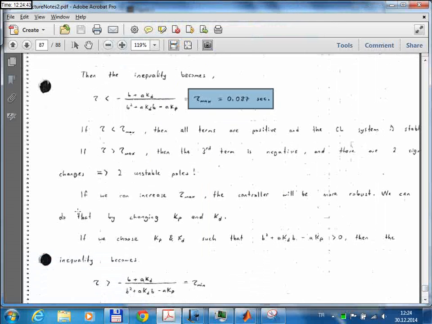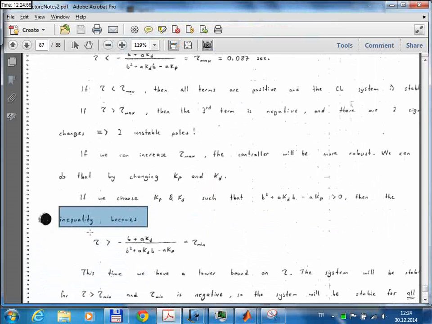Okay, so you can read through this, but this is the critical part. If we choose Kp and Kd values such that this part is positive, then the inequality changes sign. Instead of having an upper bound for the time constant, we obtain a lower bound for the